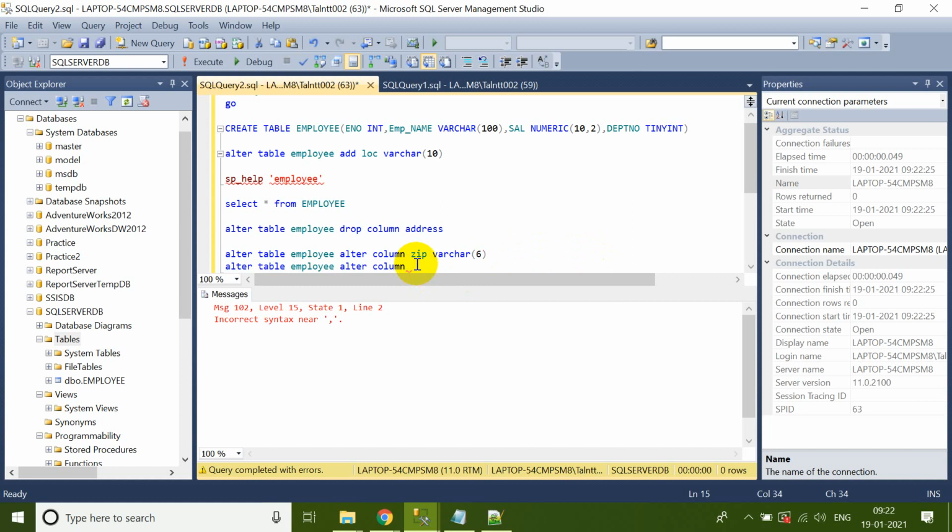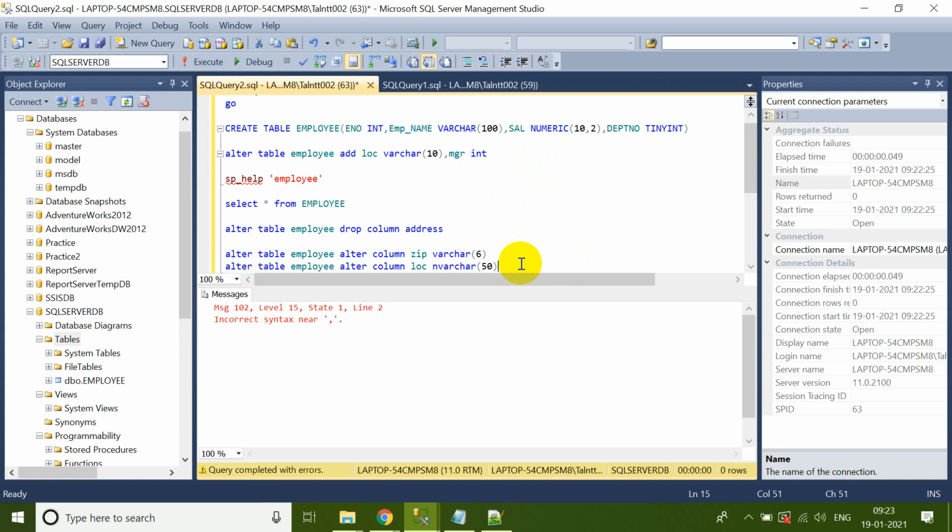So, addition of multiple columns we can do with the same alter statement. Here I can add multiple columns at a time by using the alter keyword, for example manager int, manager number int. So I can add them at a time and it won't throw an error. But at the time of altering columns, you need to have a separate alter statement for each